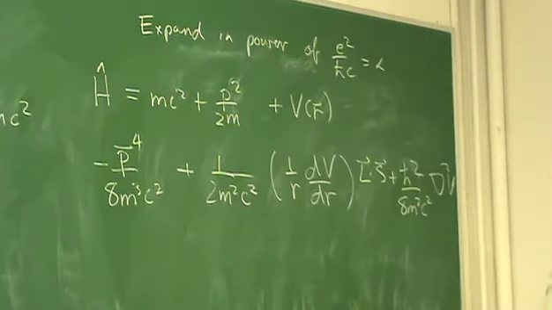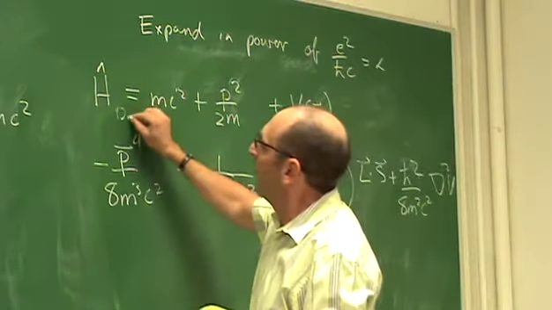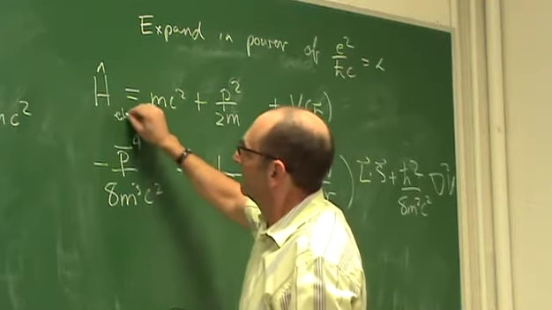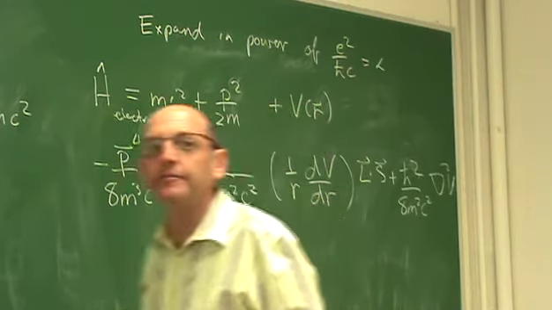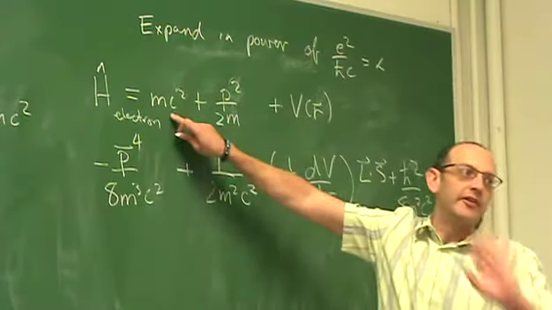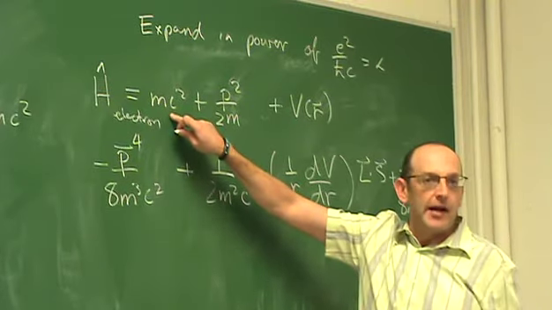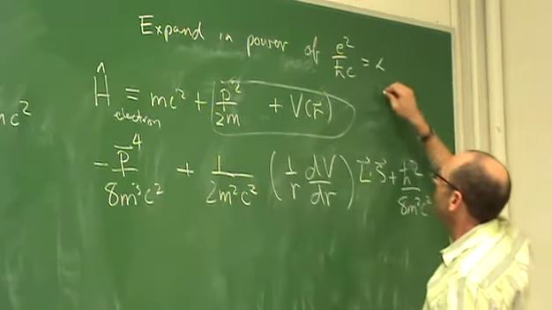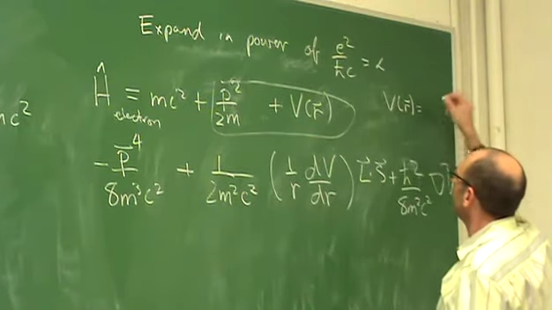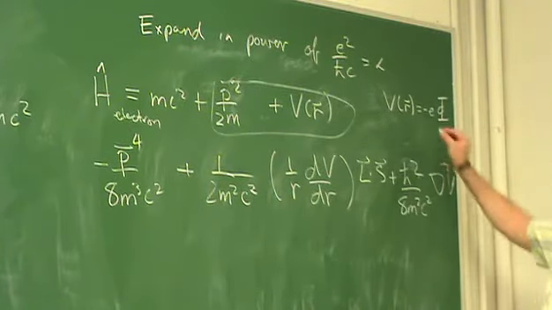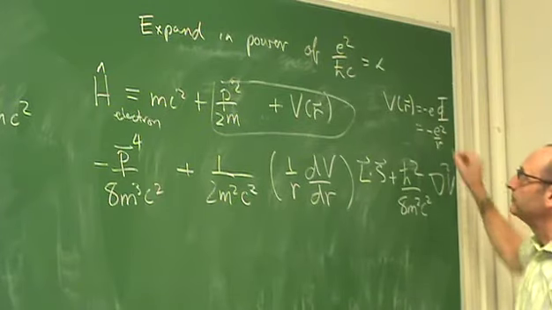Okay. So, what is this expression? This is the Dirac Hamiltonian expanded. This is for the electron alone, having eliminated the positron. And we have the following effects. Obviously, this is the rest energy. That's a constant, and we don't care about it. This, of course, is our zeroth order Schrödinger equation, where the potential energy is the charge of the electron times the scalar potential, which is minus e squared over r.